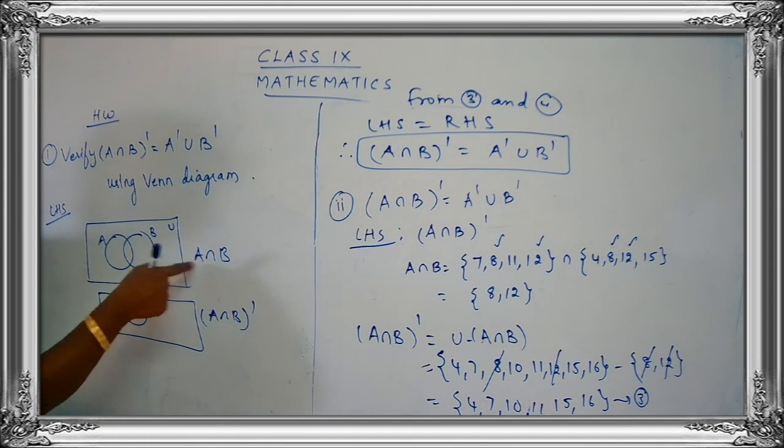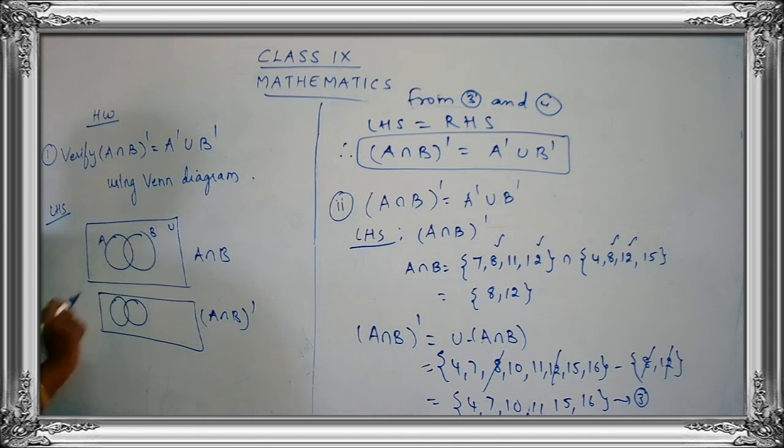You would have shaded A intersection B. Where is A intersection B? The common part. This is the A intersection B. So A intersection B the whole dash means leaving this part. You have to just leave that part and whatever is left, everything will be shaded. The common part will not be shaded. Okay, so this is for the LHS. Similarly for RHS,